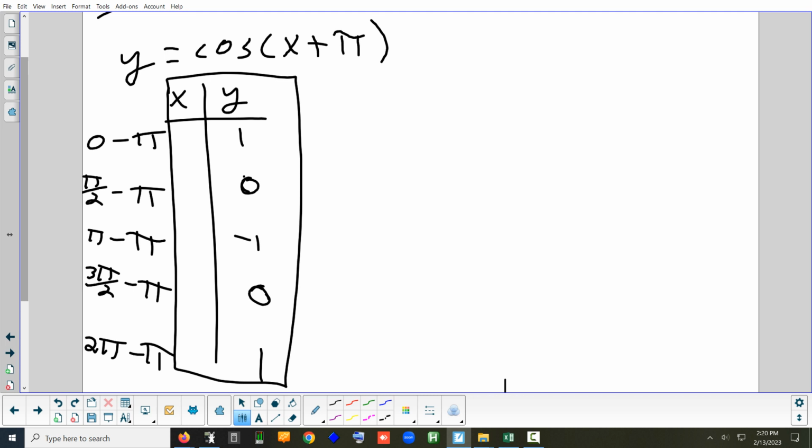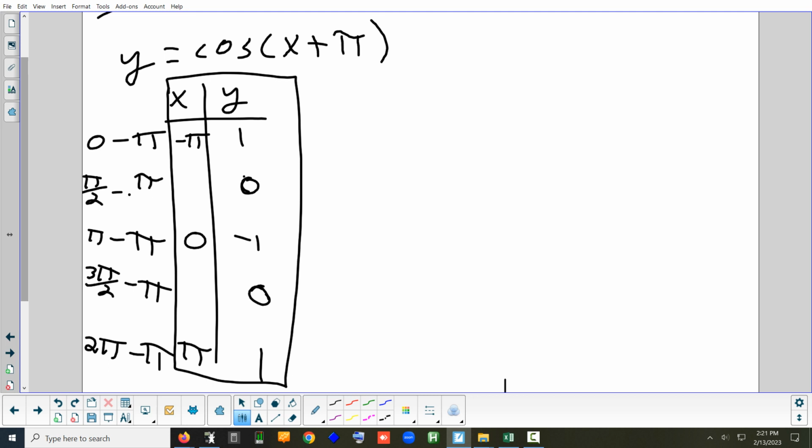So let's do the first, the third, and the fifth one, because we don't really need common denominators for that. What's 0 minus pi? Negative pi. What's pi minus pi? 0. And what's 2 pi take away 1 pi? Pi. No reason I did those first, I just thought they were the easiest ones. Okay. Now,